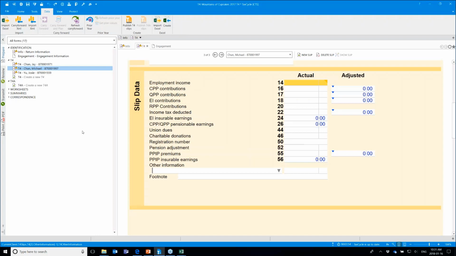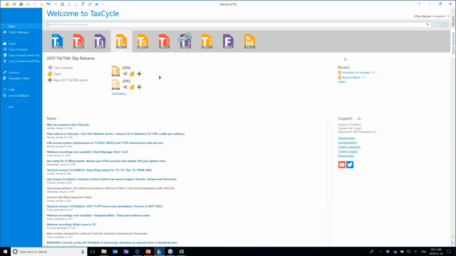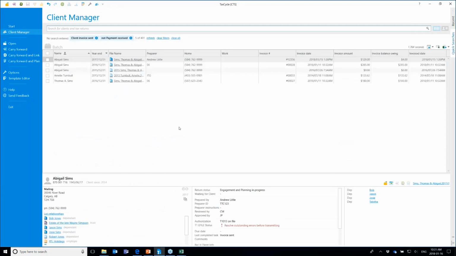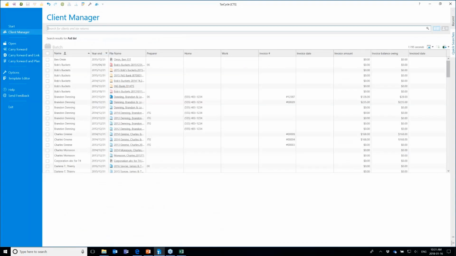All right, and here's my last quick tip from Excel. Now we're going to talk, instead of talking about an individual return, about getting some data about all your returns in TaxCycle. So in TaxCycle, we have the client manager. That's what this search box at the top is. I'm going to get in there a different way today. I'm going to go over to the client manager button on the left and clear all my filters and show you a full list of clients